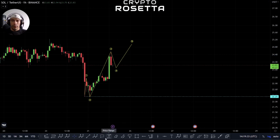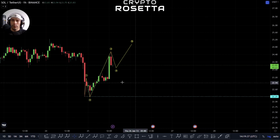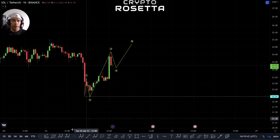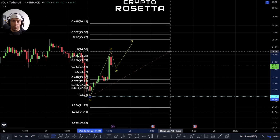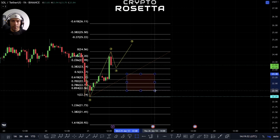Invalidation of this would come by crossing this 2225. And basically, until we cross that, this could also set up another 1, 2 and then move. So if we do look to find support in the current zone, if we break down and find support again in this area here with the box, basically this 23